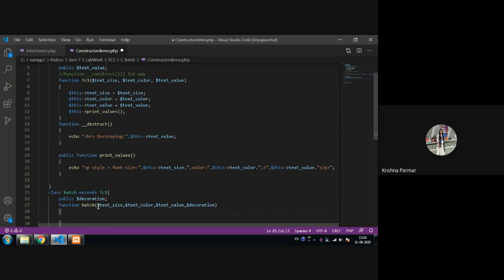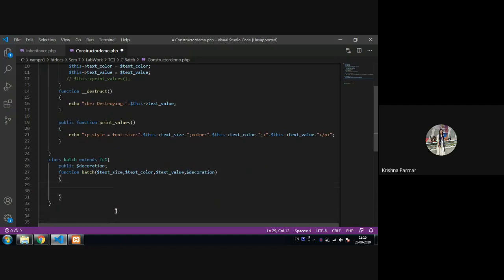Now I don't want to initialize these 3 properties every time. So what I can do is call the parent class constructor so that the initialization can be performed here, right? And here I'm not calling this function directly, otherwise you may get confused or feel ambiguity. I use the object to call it. So how can I call the parent class constructor from this child class constructor?